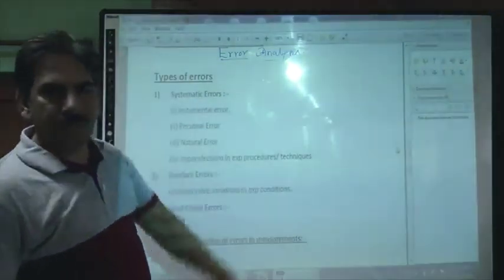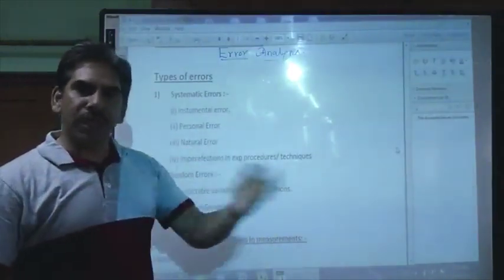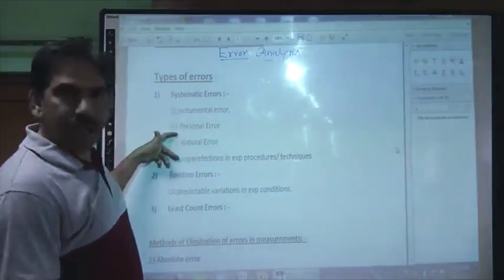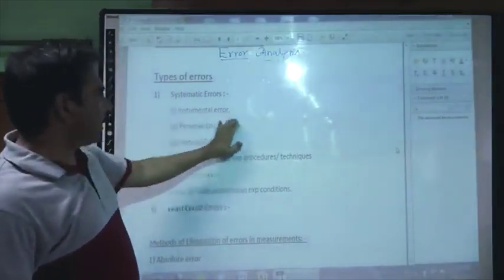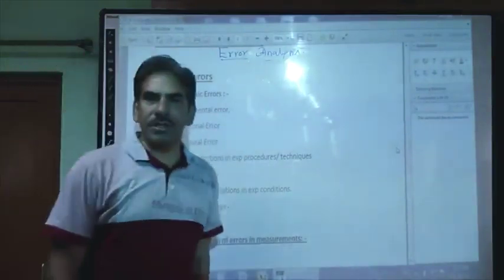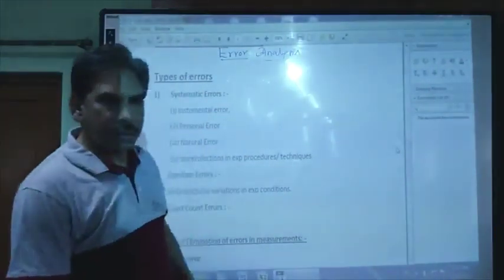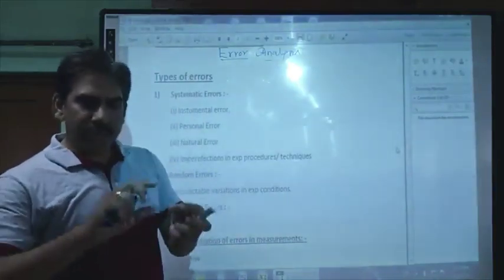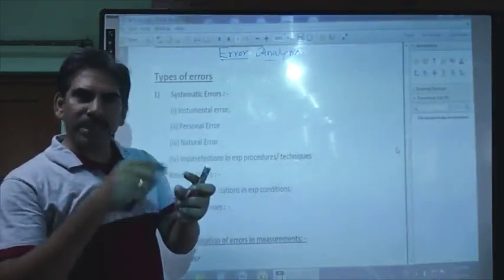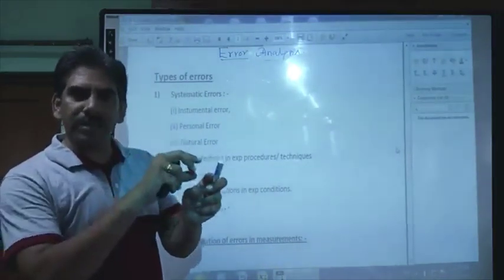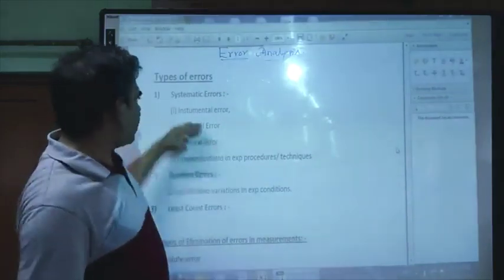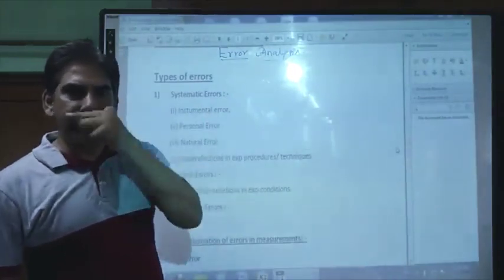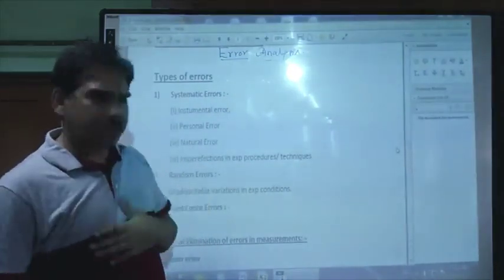Systematic error happens due to some cause and passes to the result, right? There can be four ways in which this systematic error can arise. First one is the instrumental error. There can be error in the instrument due to any kind of variation. Suppose we have a screw gauge, the grooves of the screw may not fit with that in the slot. So there will be some error, and that is the error associated with the instrument. So there can be errors due to faults in the instruments or non-accurate instruments.